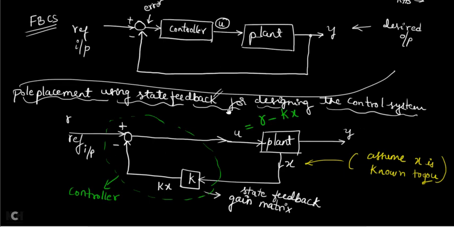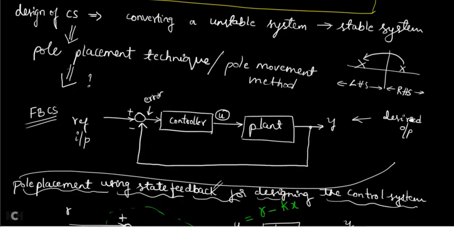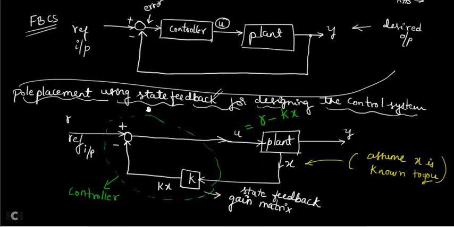It's a reverse way. Previously a control system was given to you, and from the given control system you used to find out where the pole is present. Now it is the reverse way, because you are designing the control system. First you should identify where your poles should be present on the left hand side. Then only the system becomes stable. So you should identify the positions of your poles on the left hand side in the beginning. After that, to get the poles on those locations, you have to start designing your control system.